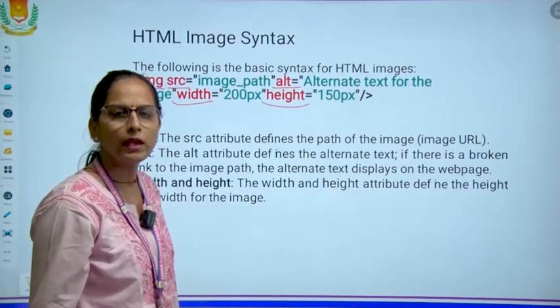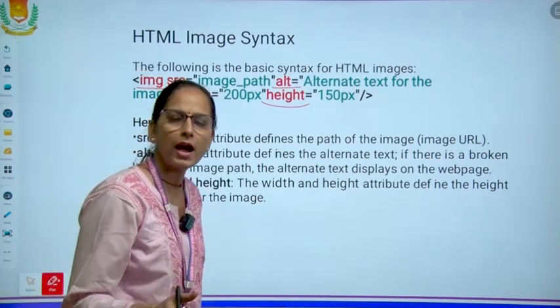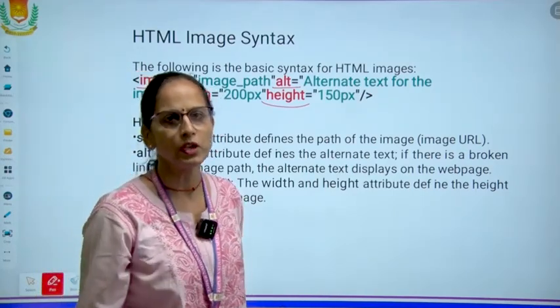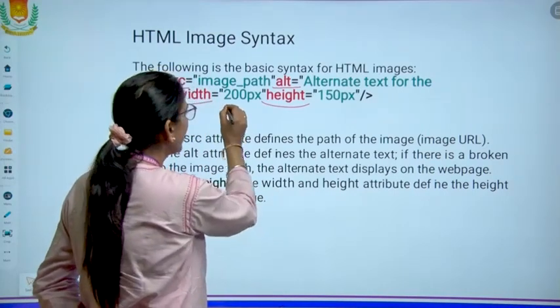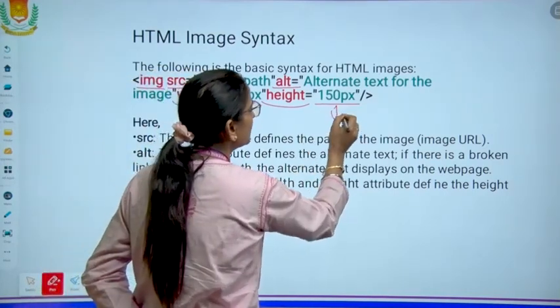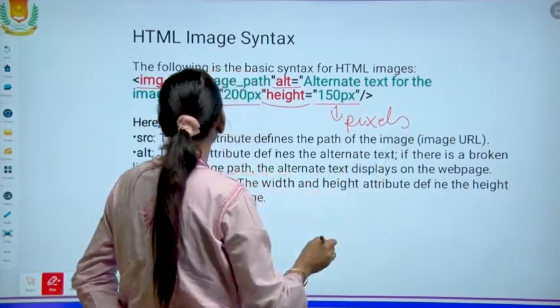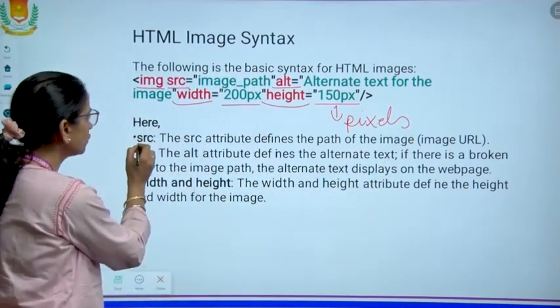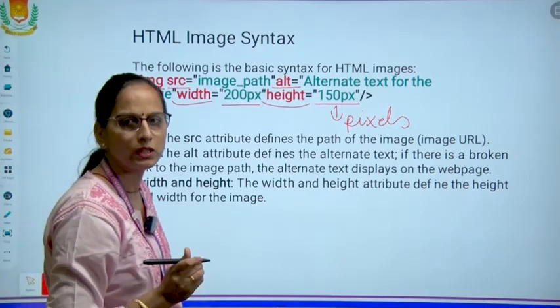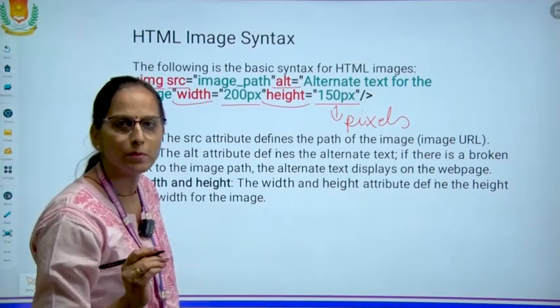You can increase or decrease the height and the width of the image. It can be given in pixels.